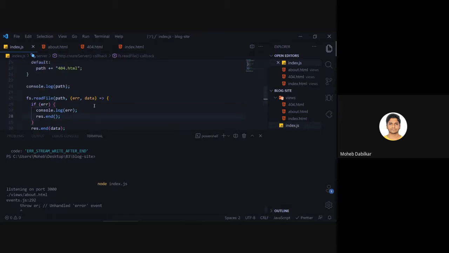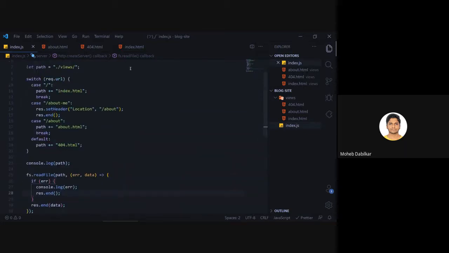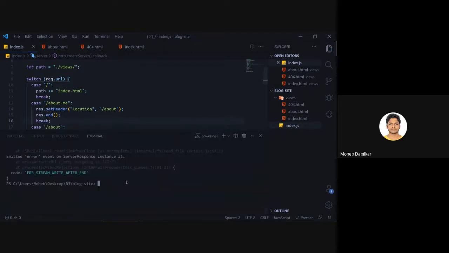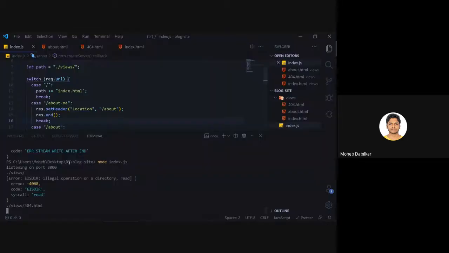It should not show this error. But for now, let's just keep it like that instead of complicating stuff. Yeah. Let's just break over here. Sorry for that. I did not say break, so I guess that was causing a problem.